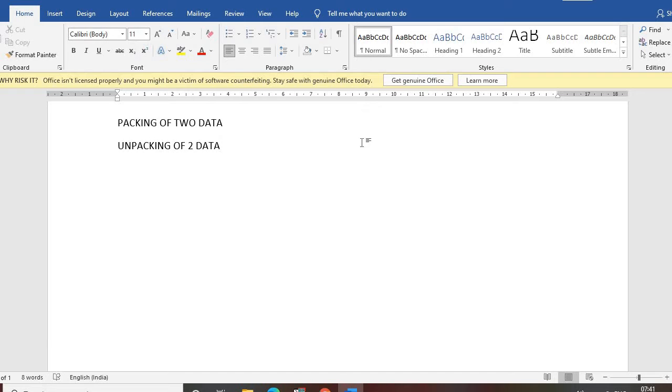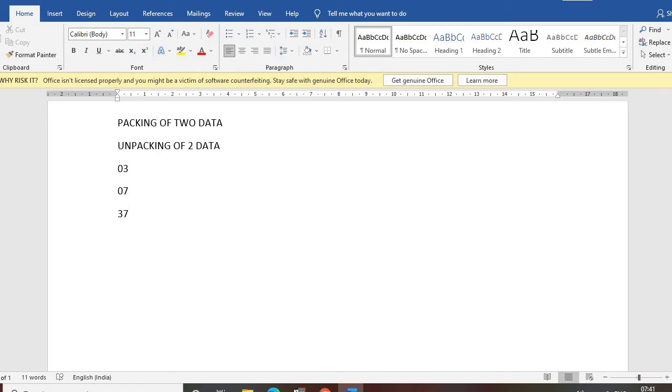Packing means maybe you have two values, 03 in one register and 07 in another register. If you pack these two values, 03 and 07, you combine them and the final value will be 37.